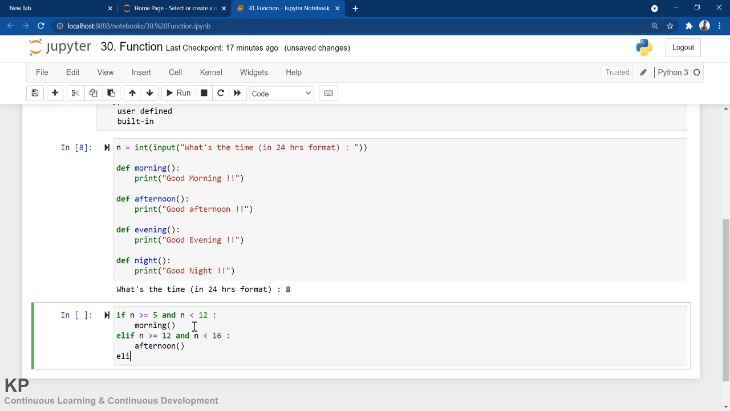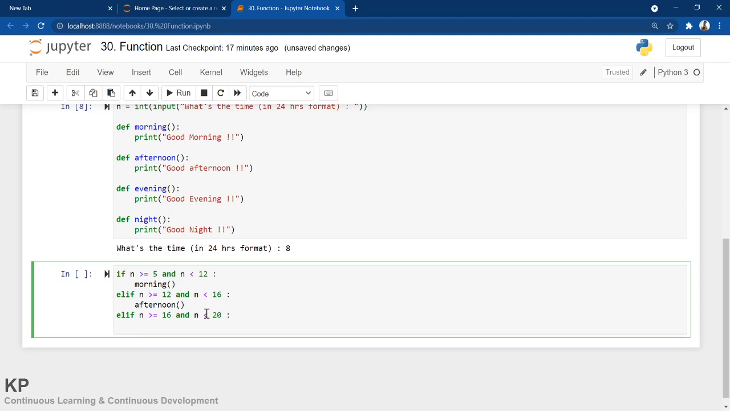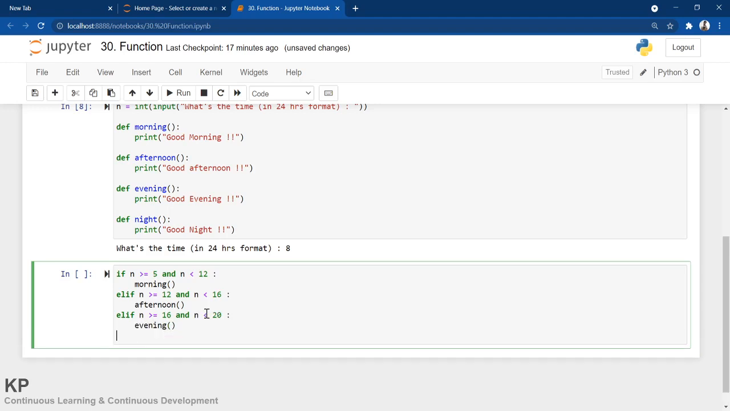Then again I will do elif n is greater than or equal to 16, and for the evening I can check till, suppose, 8 p.m. 8 p.m. is 20 in 24-hour format. If n is less than 20, then I will say good evening. Okay, and finally